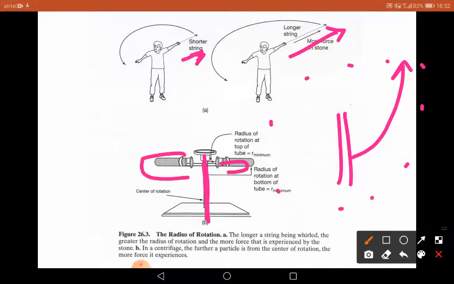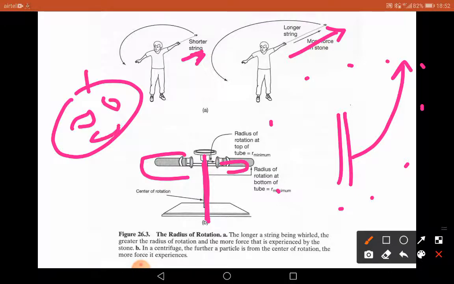So these are the tubes. In this we can place our macromolecule solution, or we can place a cell suspension, or we can place lysed cells. So cells can be lysed. Cells will contain mitochondria, Golgi body, and chloroplast. If you want to separate out each and everything, you can also separate out cell wall material and plasma membrane.